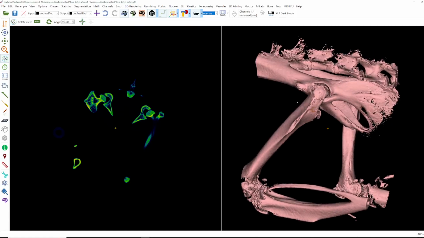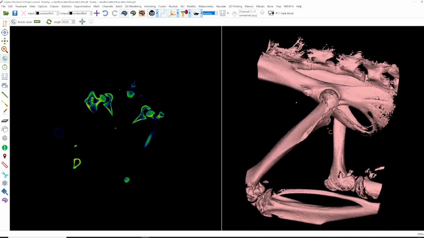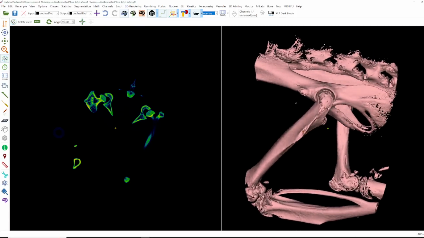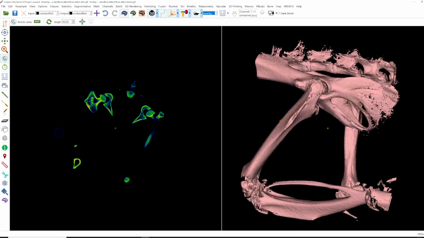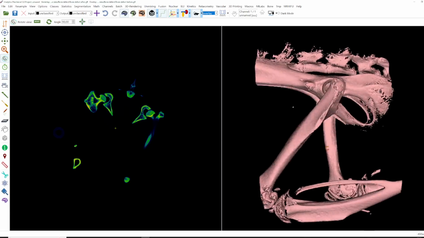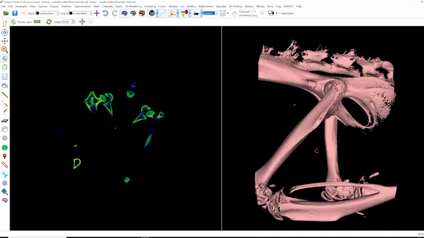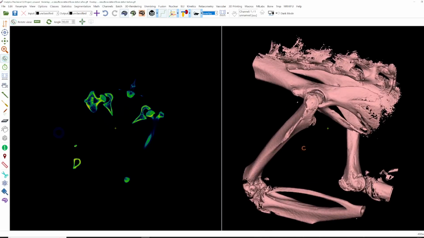I will rotate it a little bit, so that it's in a similar position. And now I will try to place the same markers at the same position.